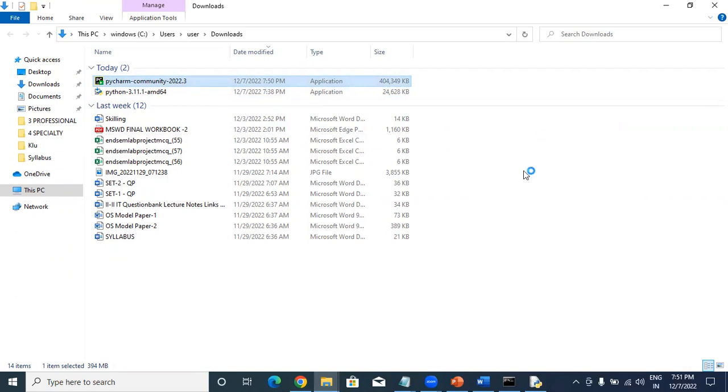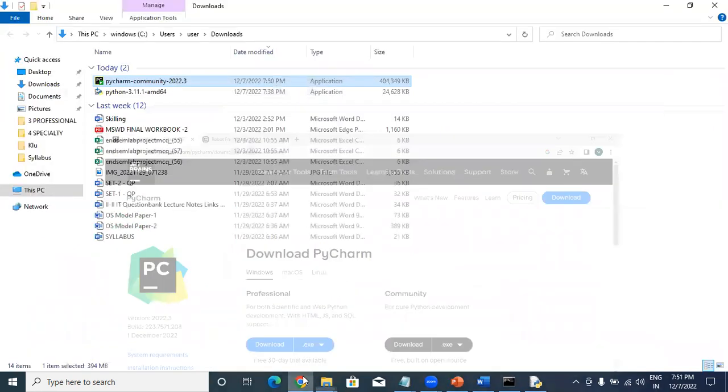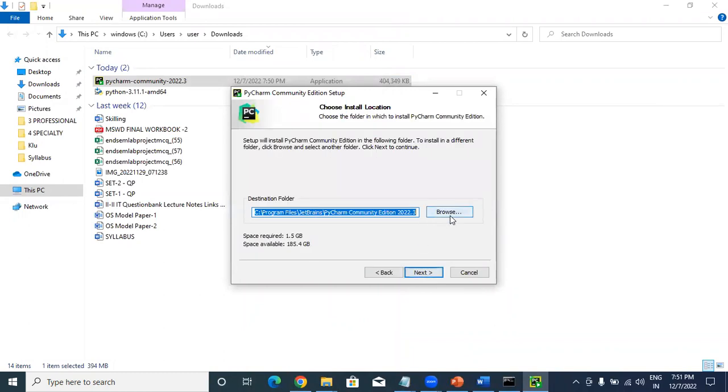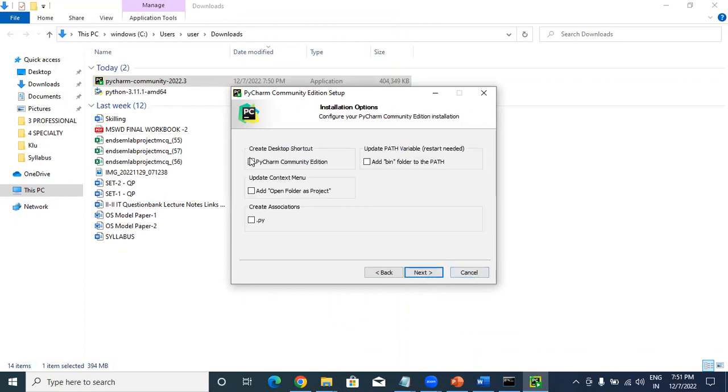You downloaded the latest version, the community version. For practicing purposes, it is better to download the community version. Next, no need to worry about the installation of PyCharm. Next, it is asking about the destination folder where you are storing this. Click the PyCharm Community Edition, add open folder as project, and then add the .py path, and then add folder to the path. Everything is okay. Now, next,